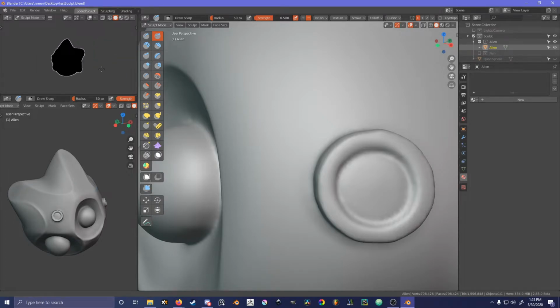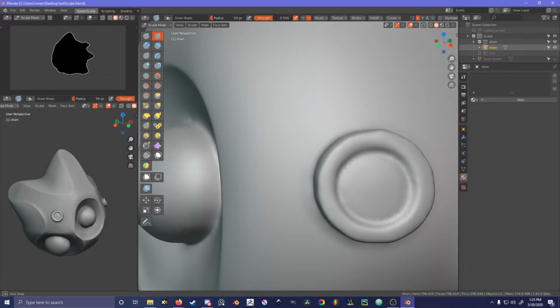The other thing up here. If you hit 0 on the numpad, the right side of the keyboard, that's where all of your quick navigation tools are. If you hit 5, it'll put you in orthographic perspective, but if you hit 0, it's going to take you to your camera. And so I usually leave this on the camera because I'm assuming I would be rendering from the camera when this is done. And then if you hit N to bring up your tools, like I said, this is where you can control your camera. If you hit lock camera to view,